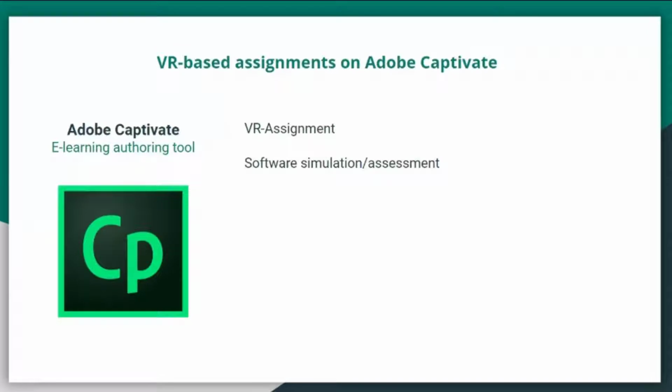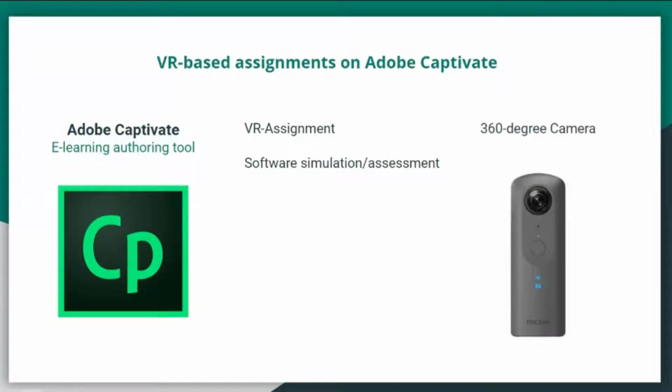I'm not covering an example of this, but I thought it'll be great if we know what is possible with Adobe Captivate. So today's demonstration is on a virtual reality assignment. And to create such an assignment, we need a 360-degree camera. A 360-degree camera essentially has a fisheye lens, so in one go, it will take a complete 360-degree photograph. Our institute already has 360-degree cameras from Ricoh, and if you would like to issue them, you can just contact Office of Academics.